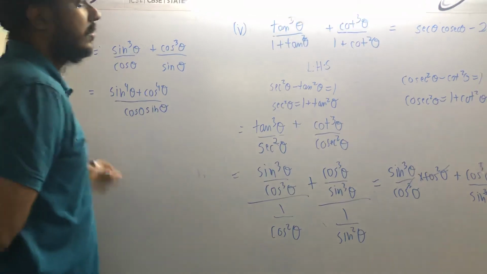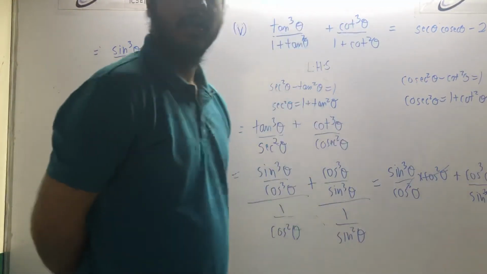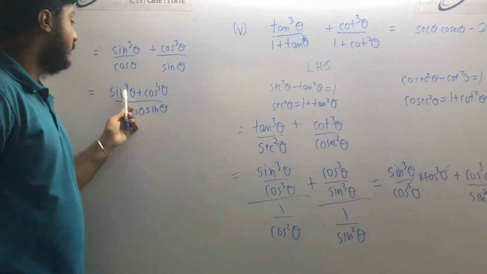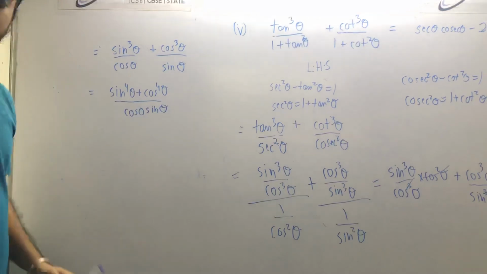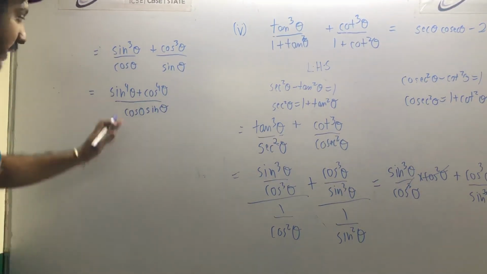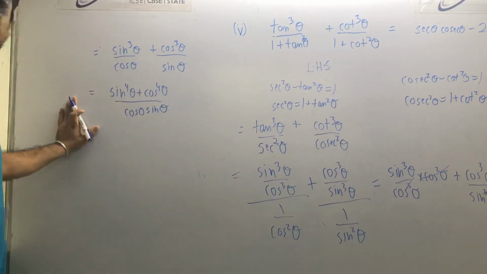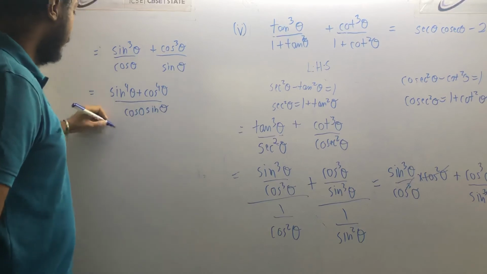Now you see here, somehow you need to bring a 2 here. You see there is minus 2 sine theta cos theta. Okay, and now here you see sine raised to the power 4 theta plus cos raised to the power 4 theta. Now you know that sin square theta plus cos square theta is 1. But sin 4 theta plus cos 4 theta, that is not 1. So how will you convert it into something like that? You can write it like this.